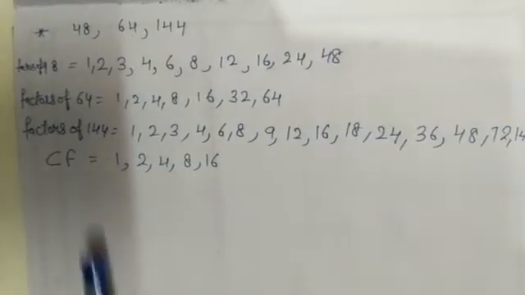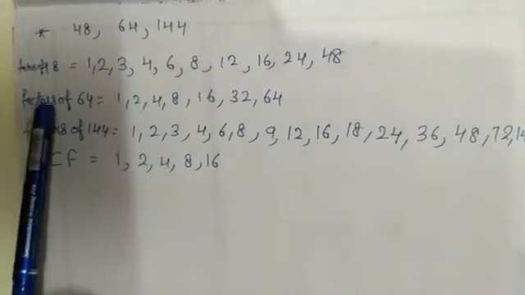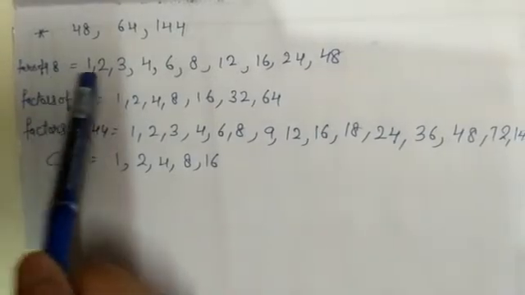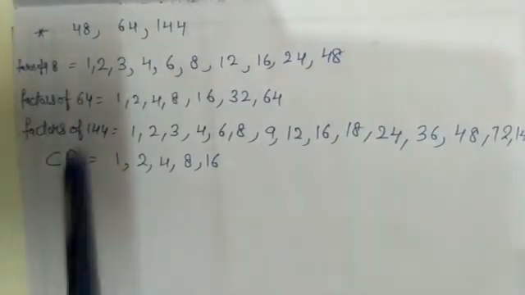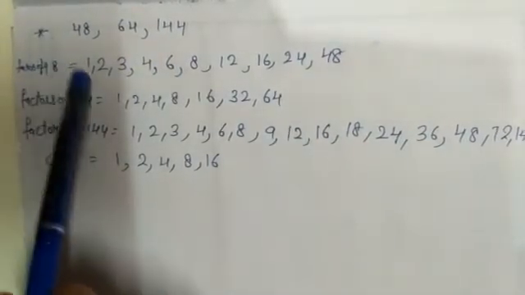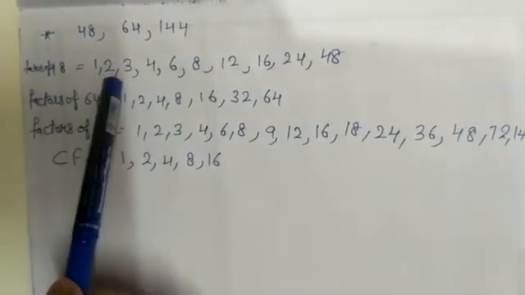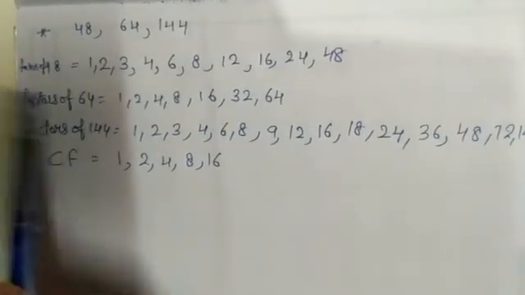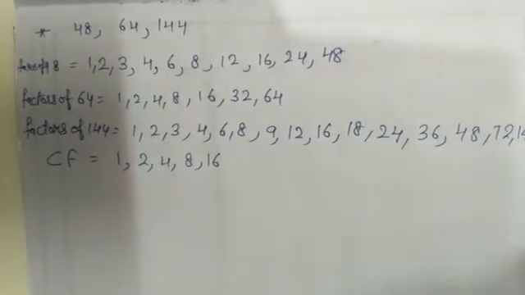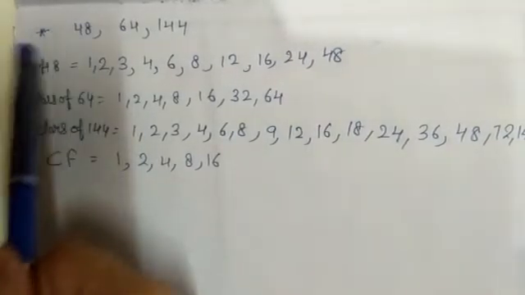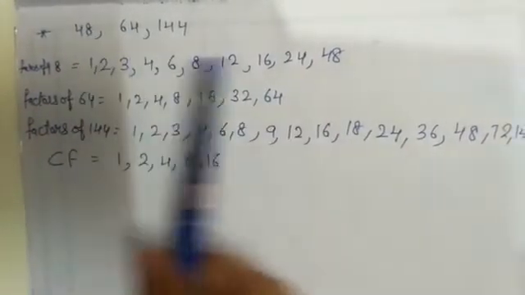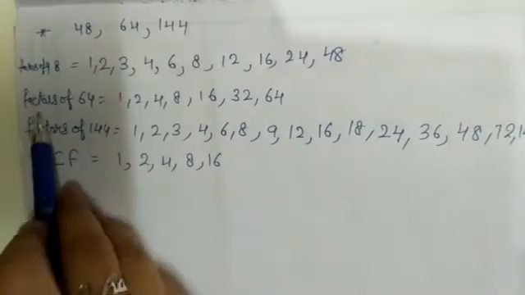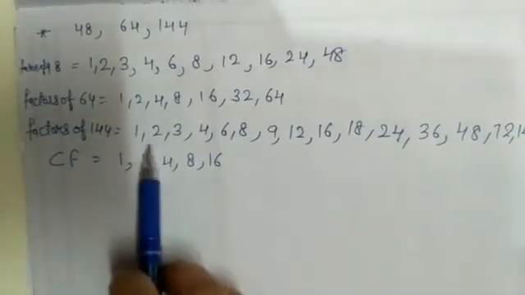Okay students, so here I have written factors of 48. It means you have to write the numbers in whose table 48 comes. Like in one's table 48 is there, right? In two's table 48 is there. So you can say that you have to find the numbers by which 48 is completely divisible. You can say it this way also. So next, find the factors. Done. I have written factors of 64 here and factors of 144 here.